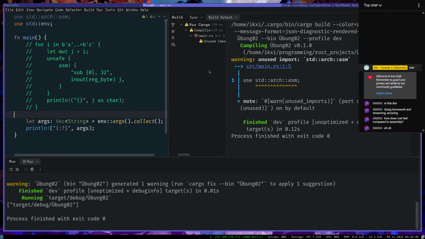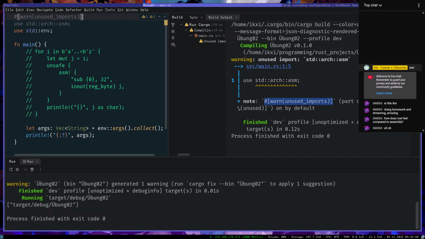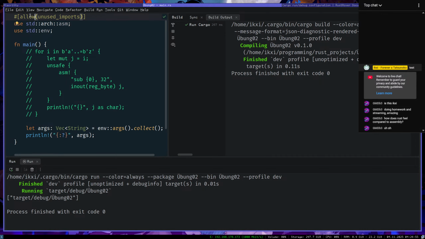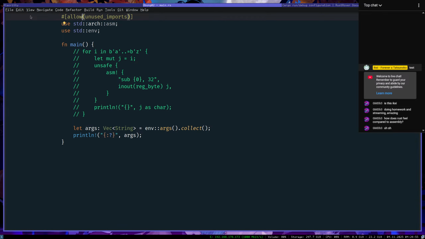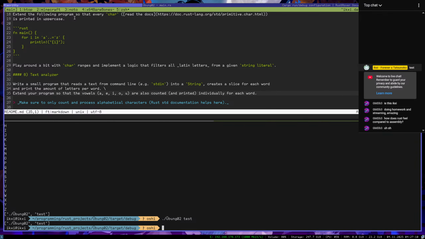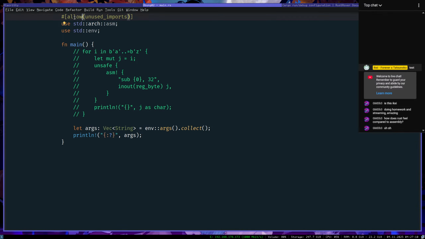Yeah. Oh wow, unused imports. Allow unused imports. Okay. Yeah. Okay. Then it works the way I want it to.